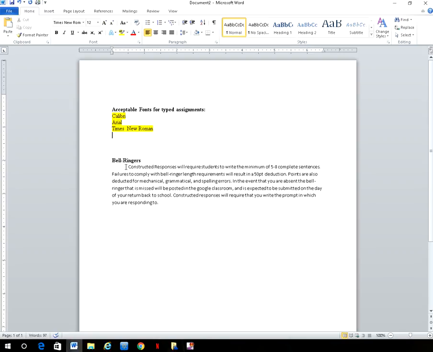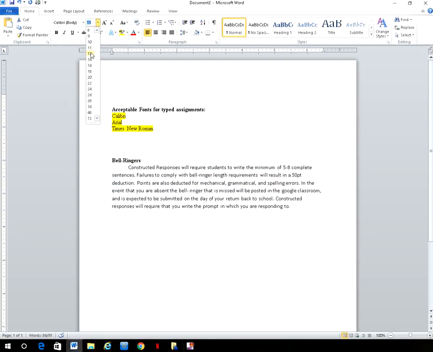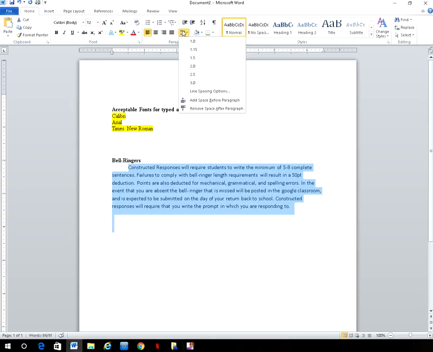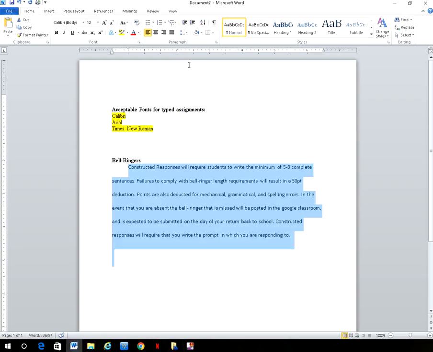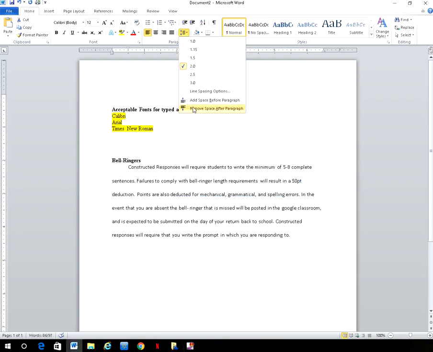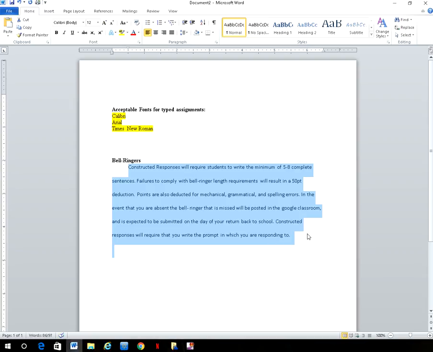I'm going to highlight the text, and it's in Calibri, which is an acceptable font, so I'm just going to let it stay there. I'm going to change my font size to 12. Then I'm going to go to paragraph, line, and paragraph spacing, and I'm going to apply the double space. Then I'm going to click back on the same field again to remove spacing after the paragraph. That's the standard setup for